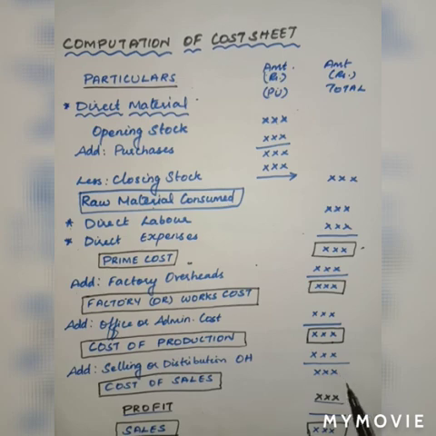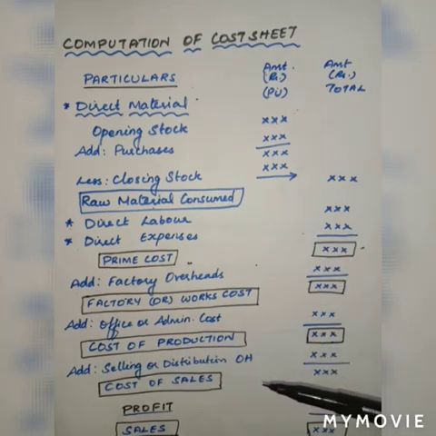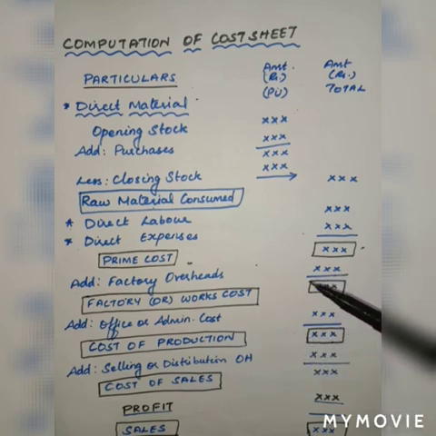From this point you can fix up your selling price. You will have a predetermined profit percentage which can be added to cost of sales. Therefore you can determine your selling price. So this is how a cost sheet is prepared. And if you see the benefits of cost sheet, all the expenses are listed, A to Z of the expenses which have been incurred. Therefore you can identify the expenses which are being consumed at a very high rate or which are not needed. And all those expenses can be eliminated in the next process.